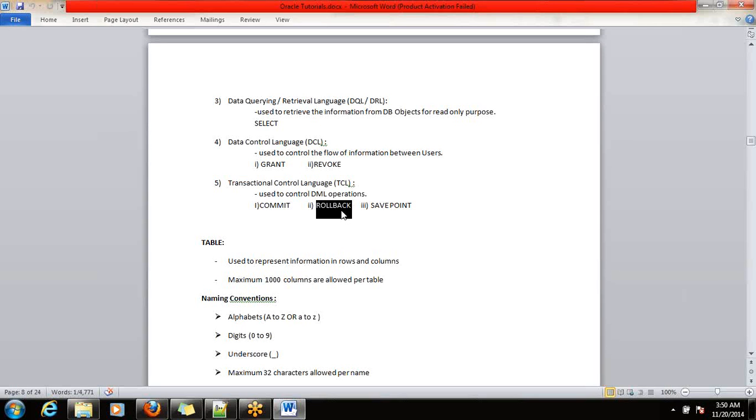Then you can roll back your statement. That is, whatever the 1200 employee ID deleted by you can be rolled back, can be undone. Okay? Then save point. Save point is,